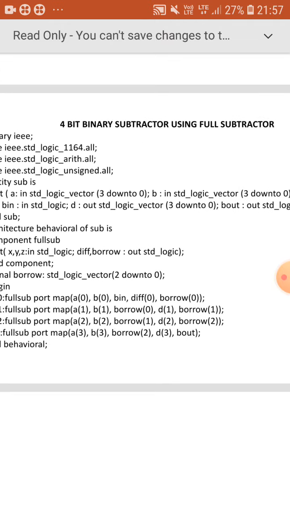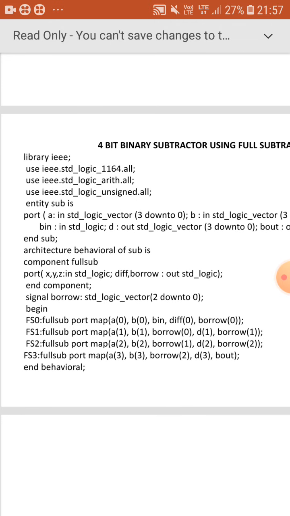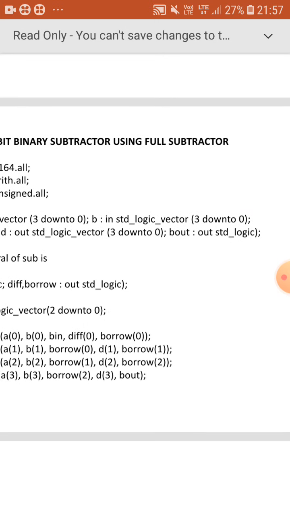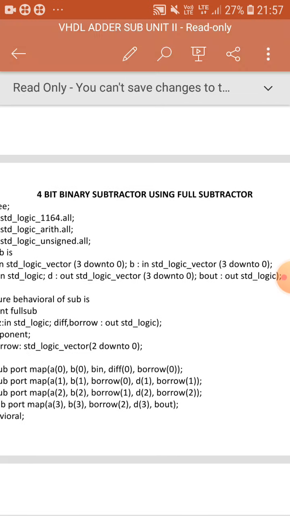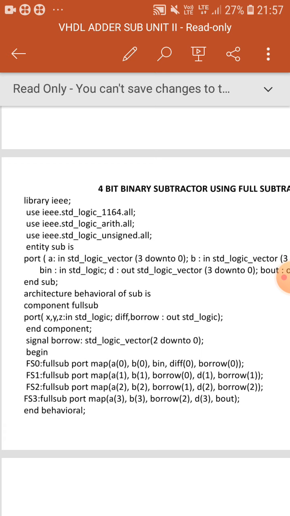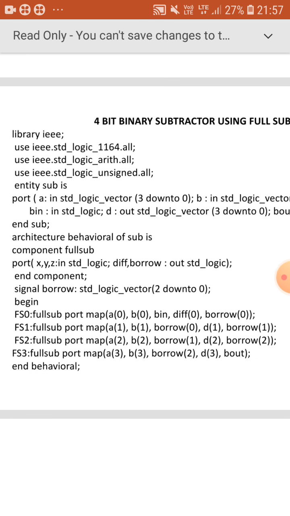So this is the VHDL code for a 4-bit binary subtractor using full subtractors in the structural model. In every VHDL program we have entity, architecture and library parts. In C programming we include header files.